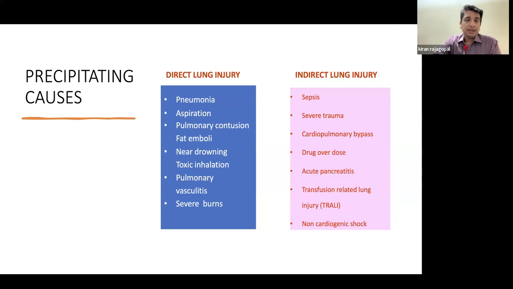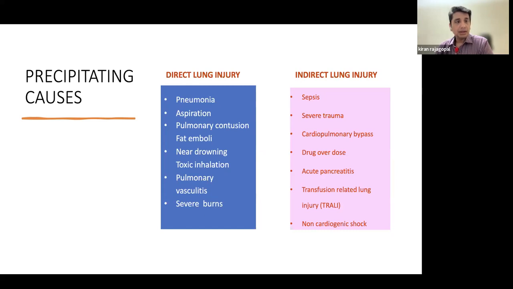And what are the causes of ARDS? It can be direct causes. Direct causes means direct lung injury, or it can be indirect causes. That is, the primary insult may be somewhere else, but the inflammatory mediators are causing damage in the lungs. So direct lung injury, the most common causes are pneumonia, aspiration, pulmonary contusion, or fat embolism post long bone fractures, or